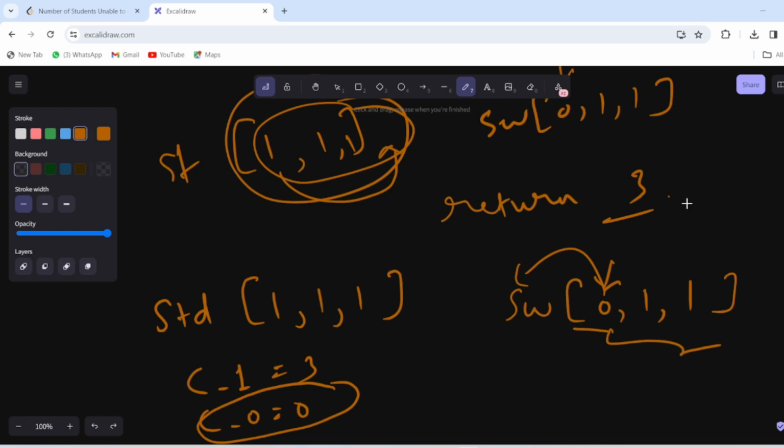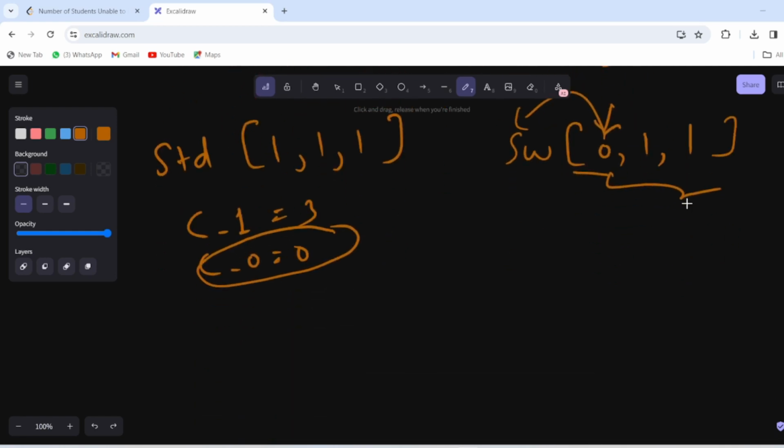So what we will do is, in the student array, first count the number of students with preference 1 and the number with preference 0, and then move to the sandwich array. In the sandwich array we check if the top of the stack is sandwich 0 or 1 and the count of 0 is not 0 and the count of 1 is also not 0.